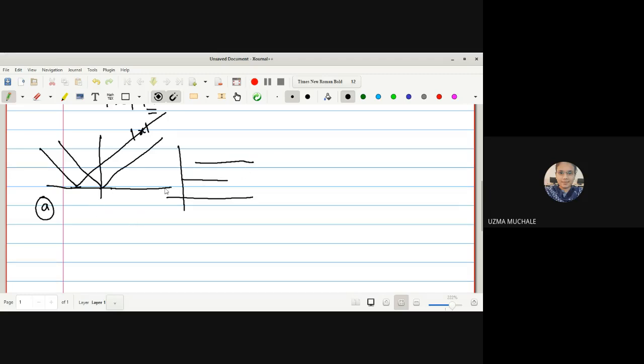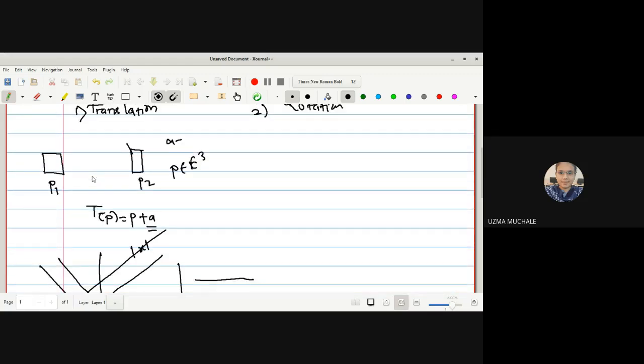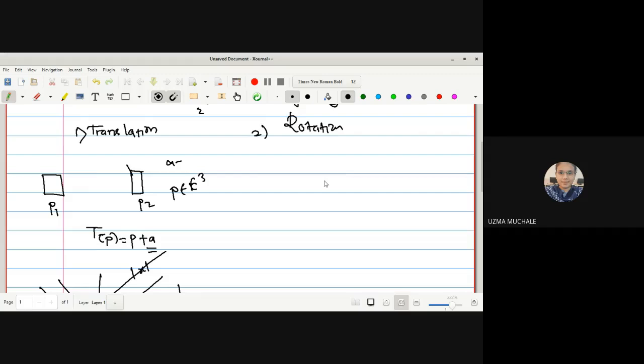So what is a translation that we are going to study? If one point of the rigid body is fixed, then the translation motion is absent and the body rotates about an axis passing through it. Everyone knows about rotation. Suppose this is a table. We have displaced the table to some other position. That means every point is shifted to some other position with some constant distance covered.